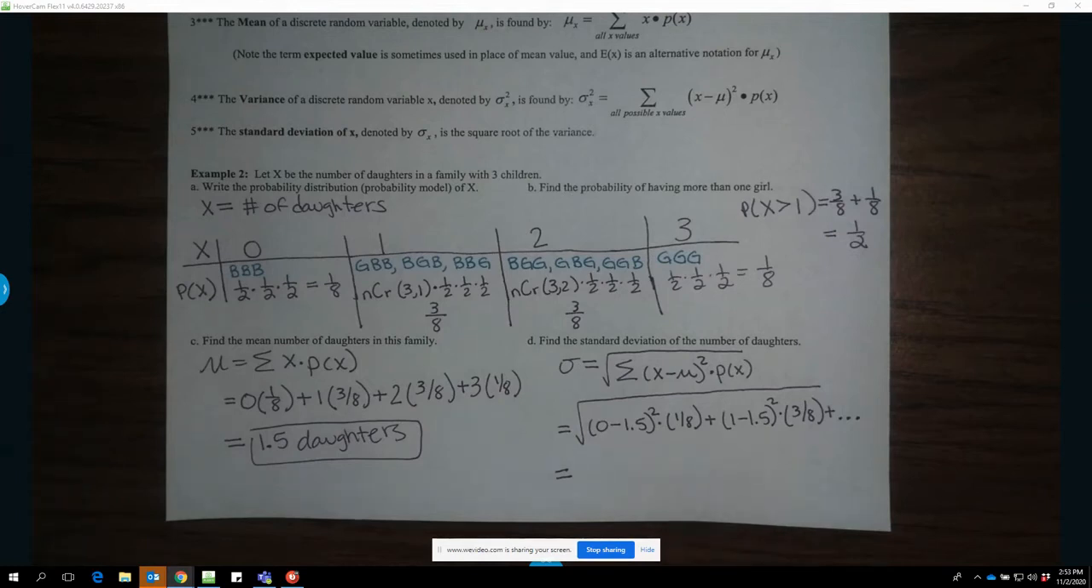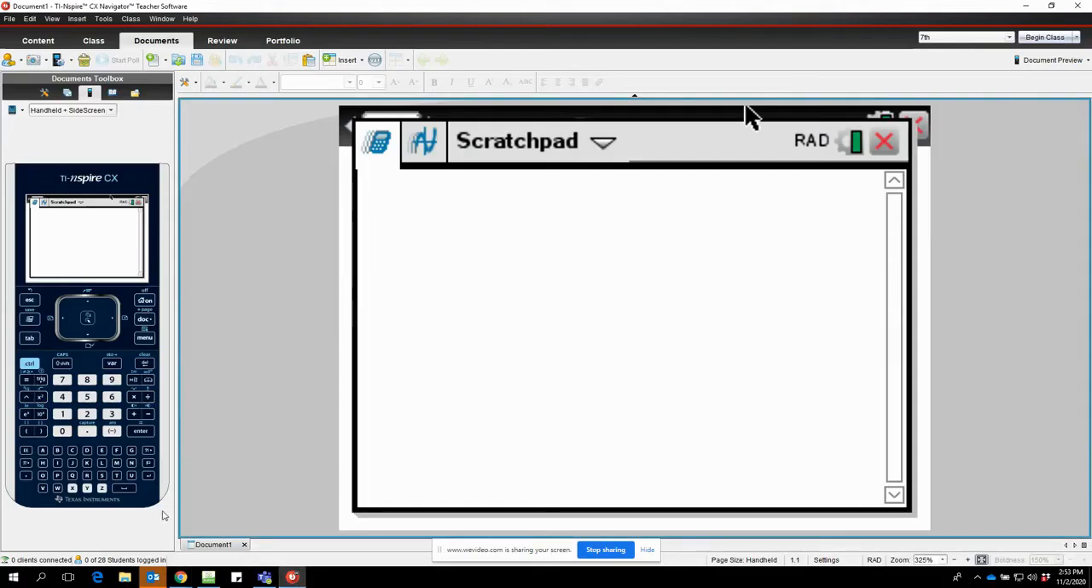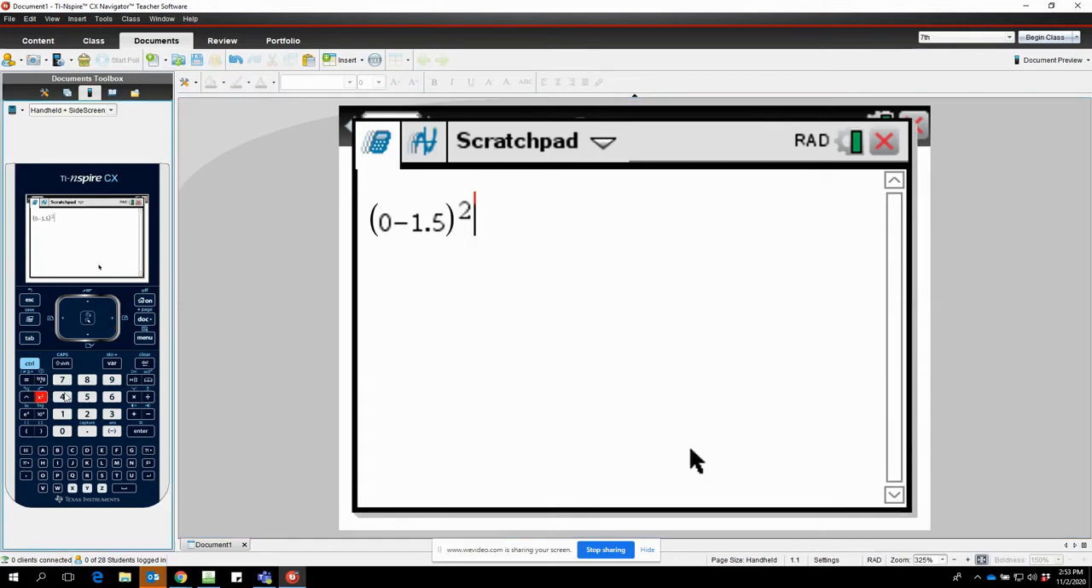But we can do it by plugging it in, by just doing them all on here. So 0 minus 1.5 squared times 1/8, plus 1 minus 1.5 squared times 3/8,